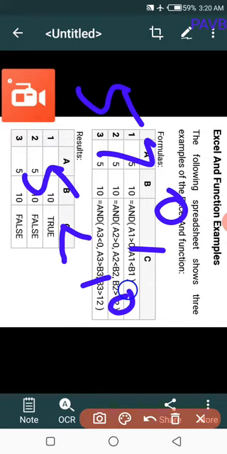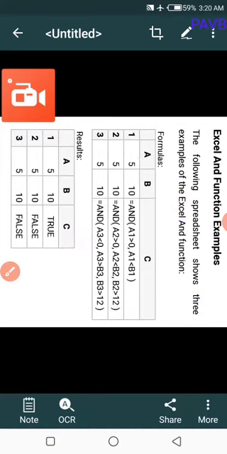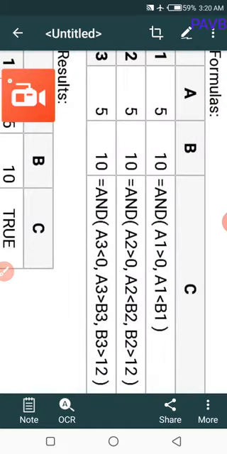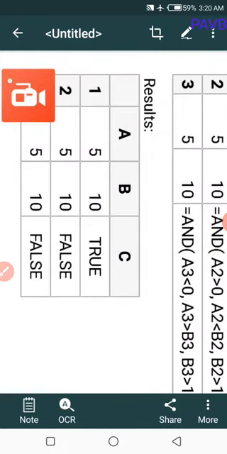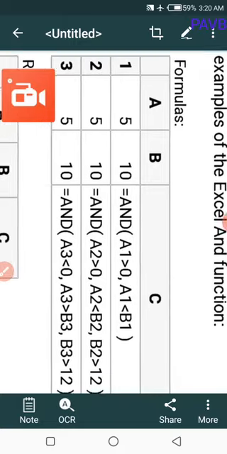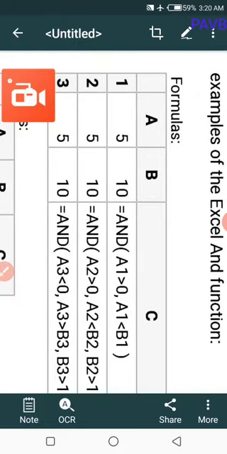In logical operators, if the value is true, it returns the value 1. 5 less than 10, true or false? True. In the AND operator, if both conditions are true, the answer will also be true. Listen here, 5, 10, what is the answer? True. Likewise, see the other examples given below and you can find out the answer.